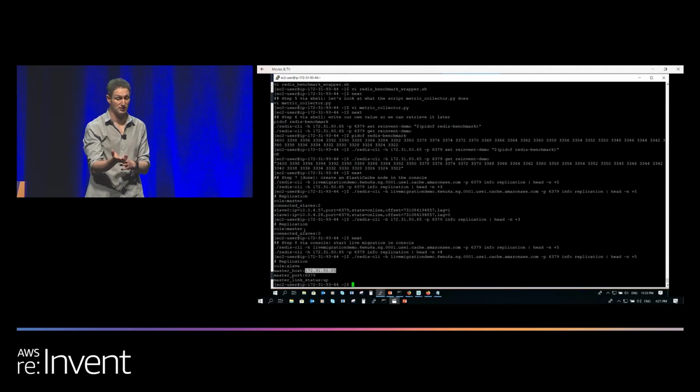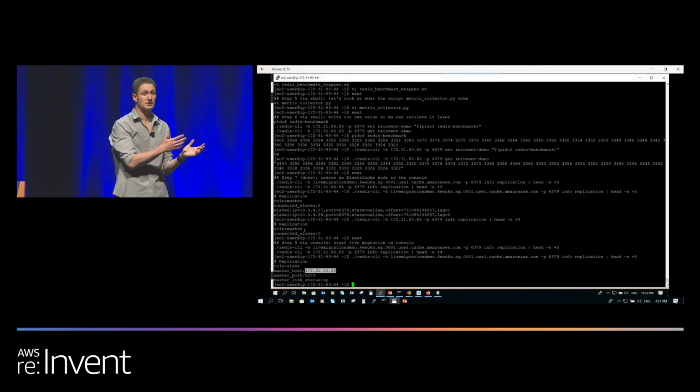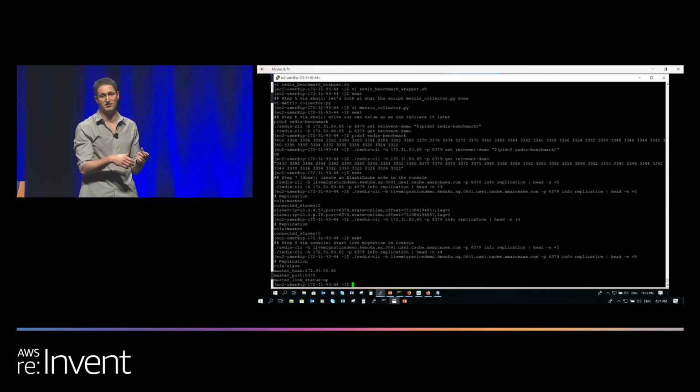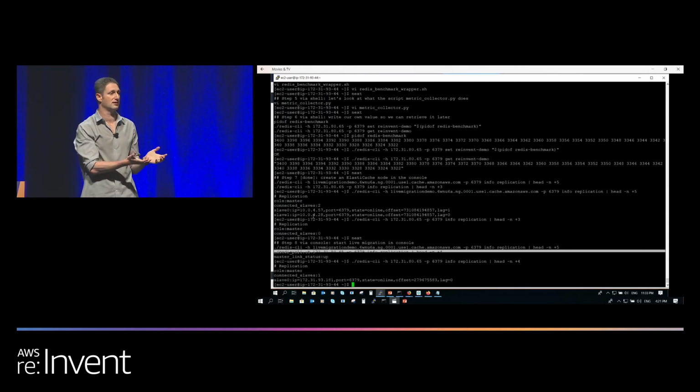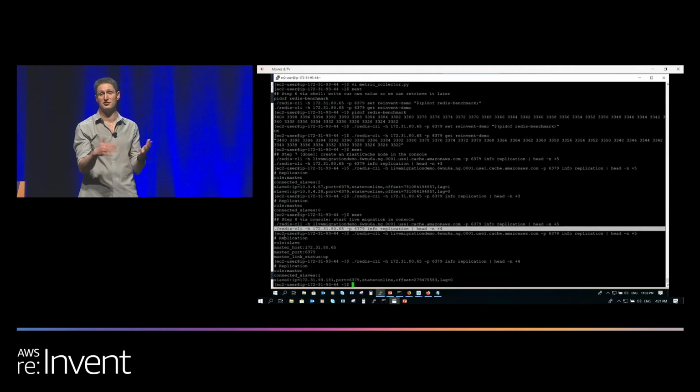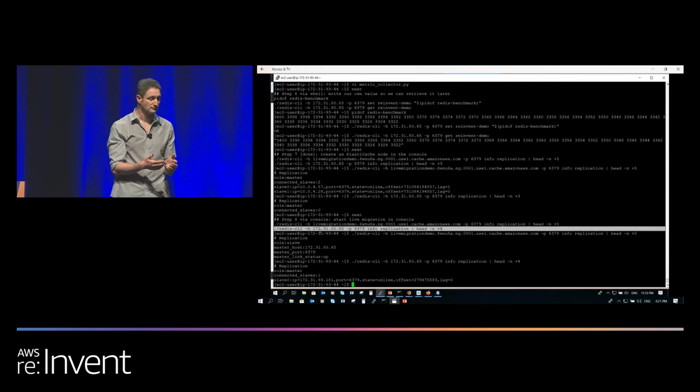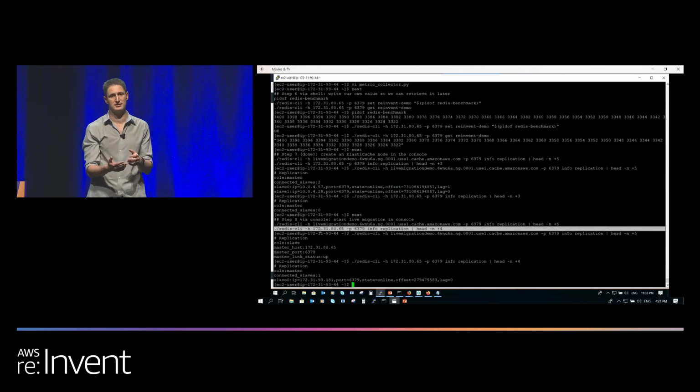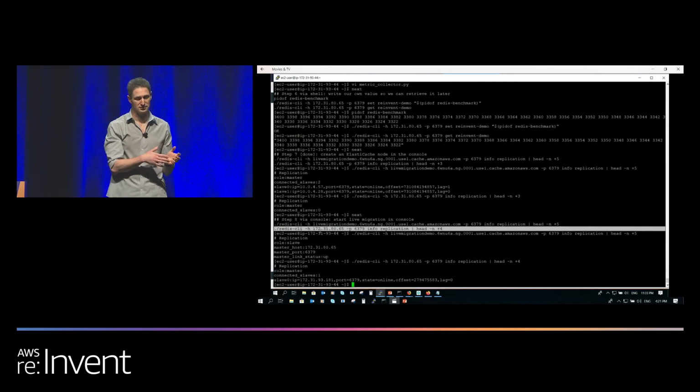This is what we see here. If we look at the self-managed one on EC2, we can see that now it has 1 replica, and that's the ElastiCache. So replication is ongoing as we expect it to be. Now we're going to start collecting metrics for ElastiCache as well, the same metrics that we used before.